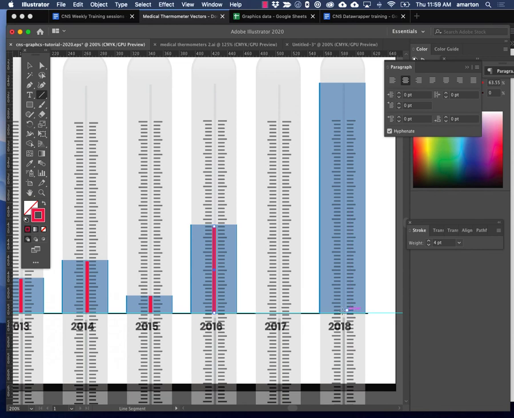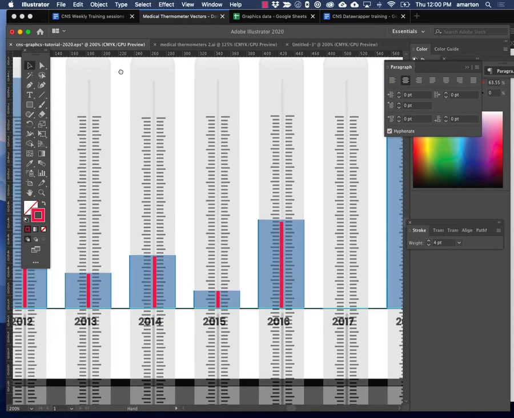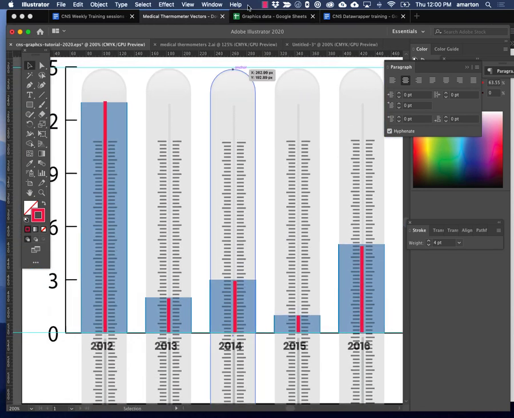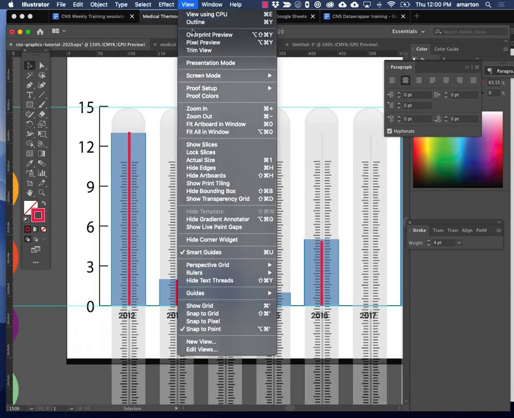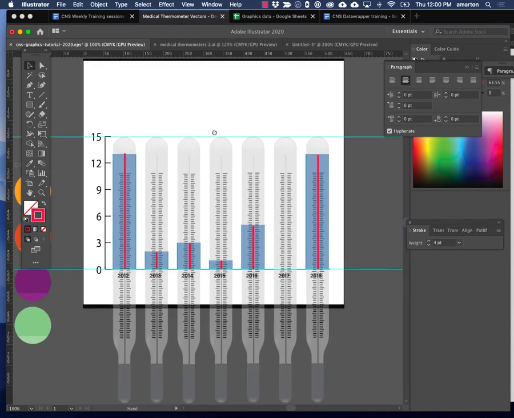That one doesn't have one. Okay. All right, so a few things we want to do now. This is basically done. We just need to clean it up a little bit so you can actually see what's going on. So the first thing I'll do is grab all of these guys here,